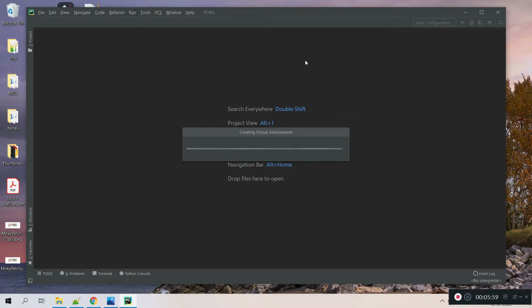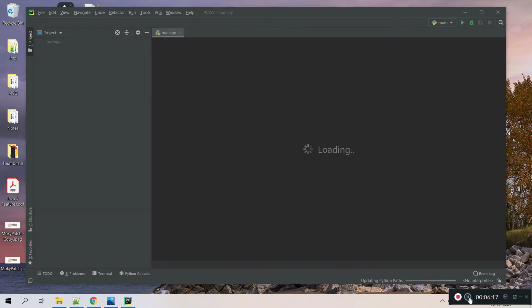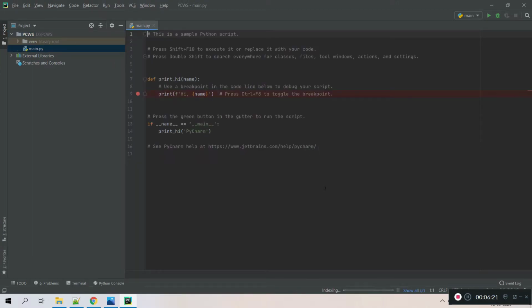This is a very good editor for Python development. It has a lot of features like code syntax highlighting and auto suggestion if you are typing some string or some method name from the APIs. Setup is completed. Let me maximize this one so that it is visible for everyone.